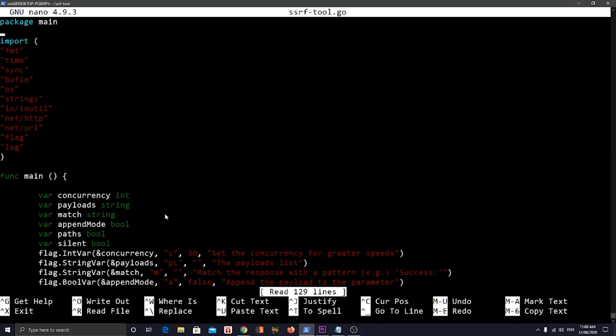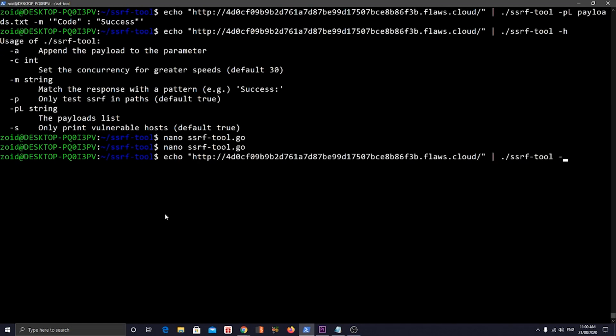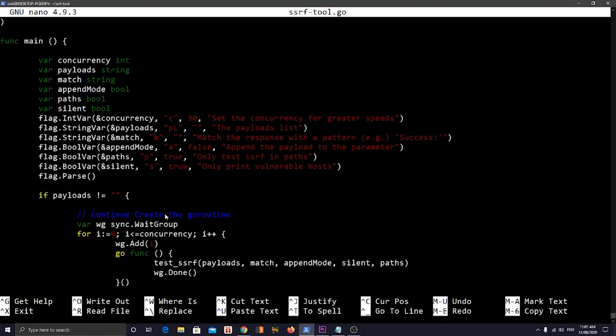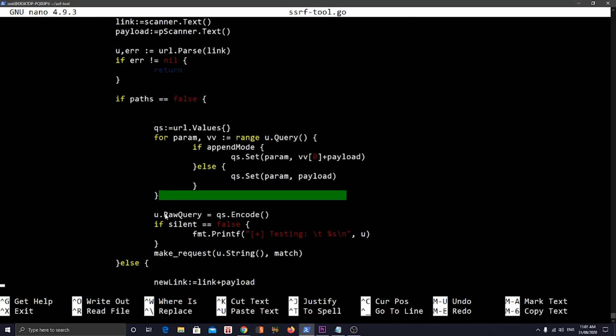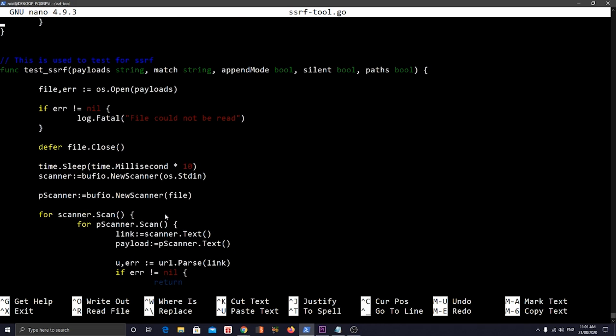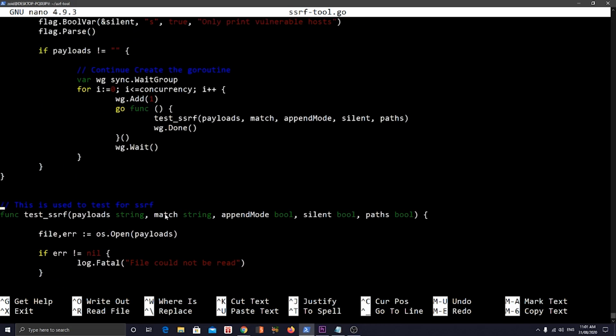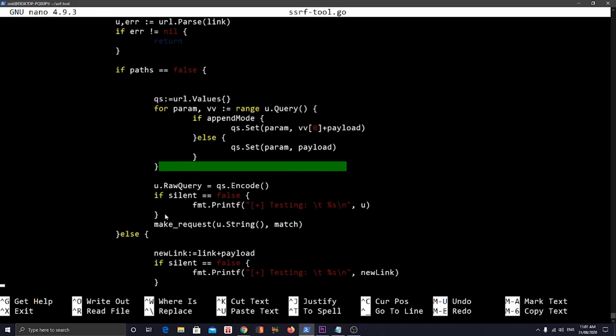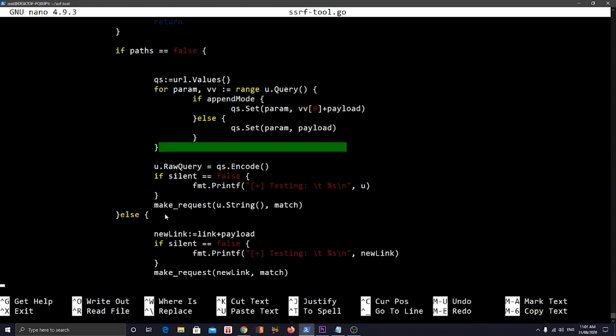Let's just print out the link. Let's put silent mode off. So let's go silent false. What's it gonna do? It's not even printing out the hosts. It's not printing out anything. So silent false. Just trying to think this through. So paths is false, meaning it will test parameters. But else, if it's